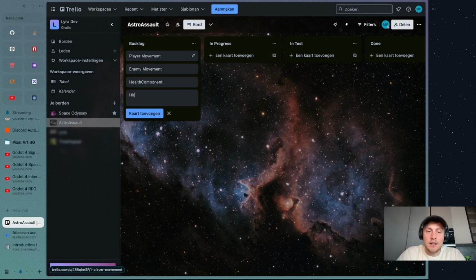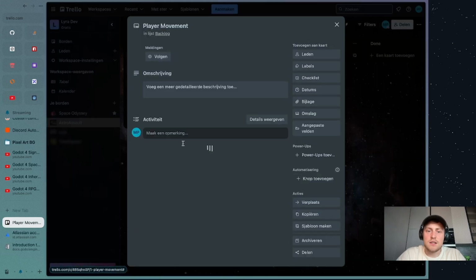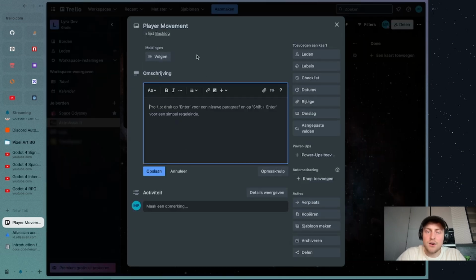We need a hitbox component and a hurt box component. Right, so you get the idea. We will add cards to this. Then what I like to do is go into the cards and always give a bit of a description. Player movement. So the ship is fixed to the bottom of the screen